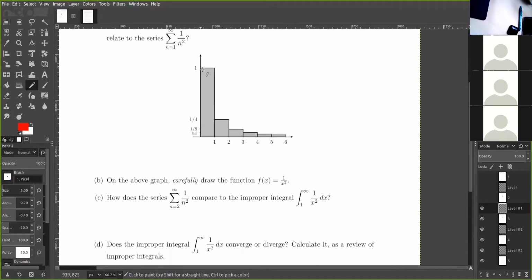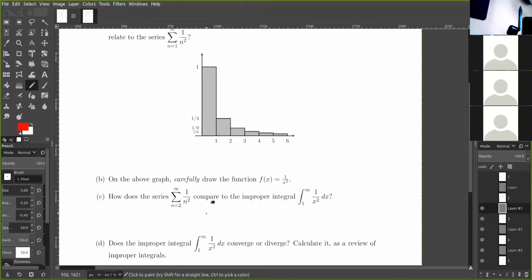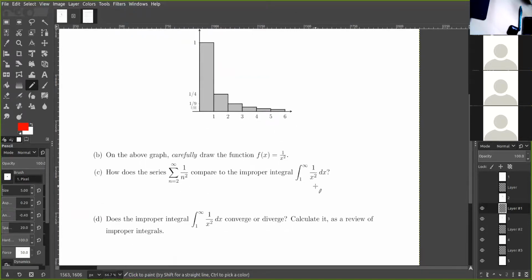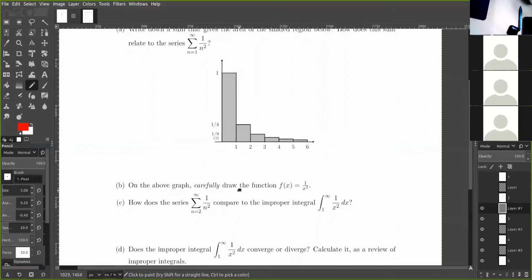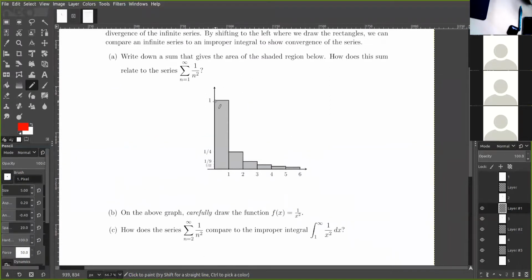And this next one, though, well, now we're comparing it with 1 over x squared. And so if we were to plot these points the same way we just did, well, 1 over x squared, when x is 1, we're at 1. When x is 2, the value of the function is 1/4. When x is 3, 1/9. So now the value of the function is on the right endpoints